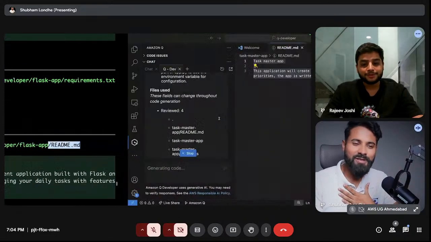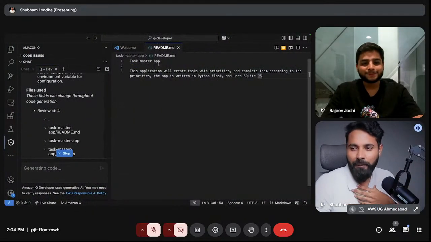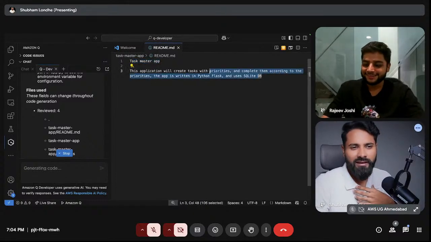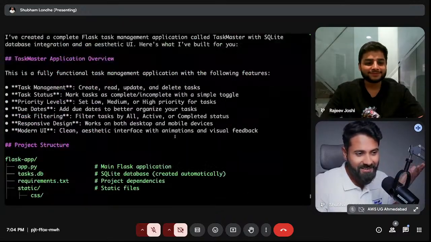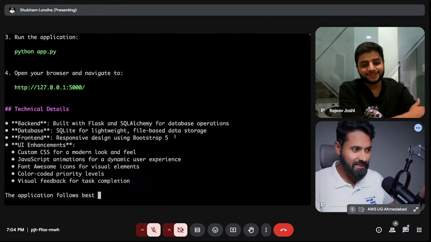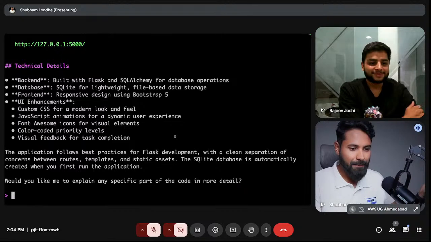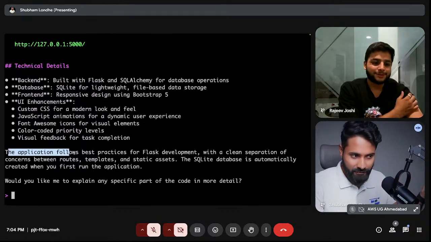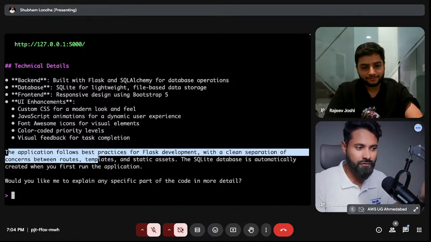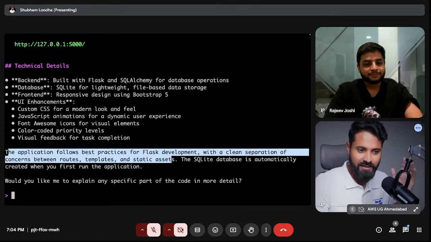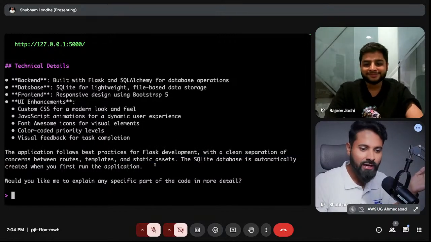It took me so much time to think about this README and so on, and this guy wrote it in minutes. And basically, my application is done. The application follows best practices for Flask development. It has clean separation of routes, templates, and static. SQLite database is automatically created when you run the application.